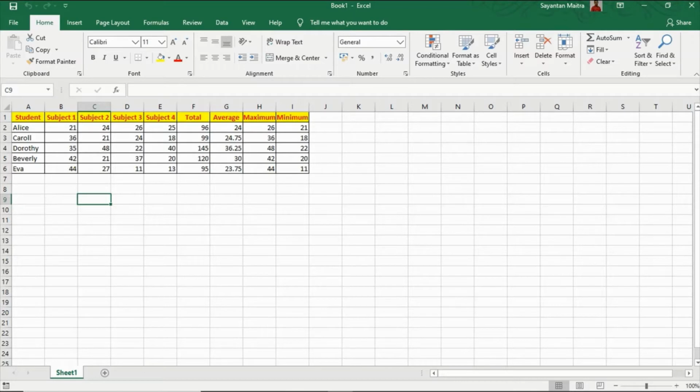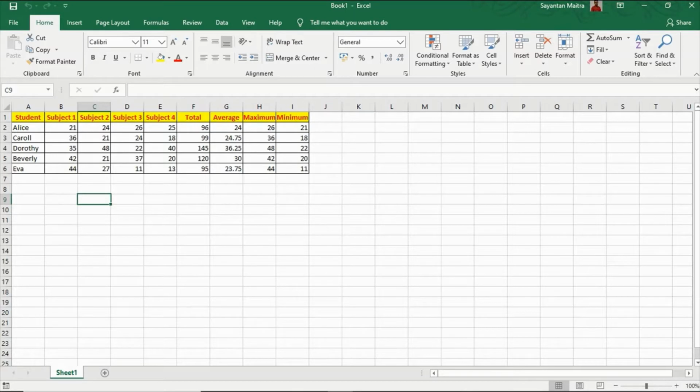So what is this IF function? This IF function is used to get a result which is based on some logical test. For example, here we want to know whether the students have passed in total or not.